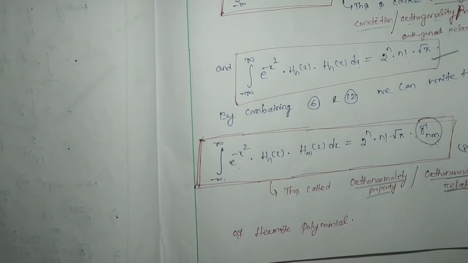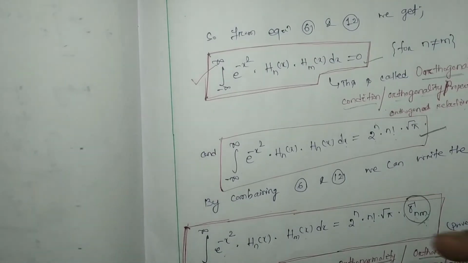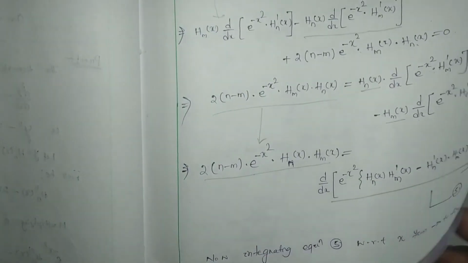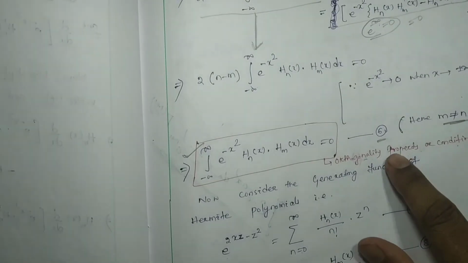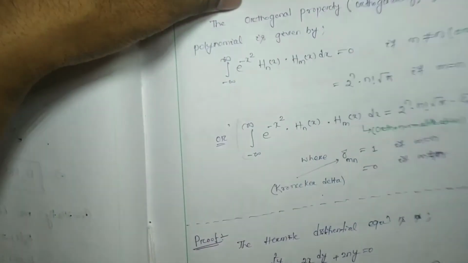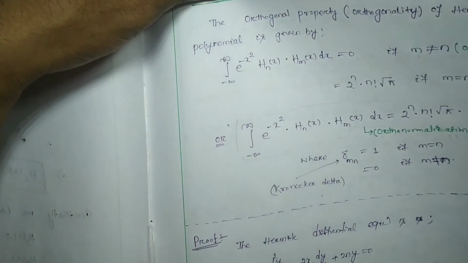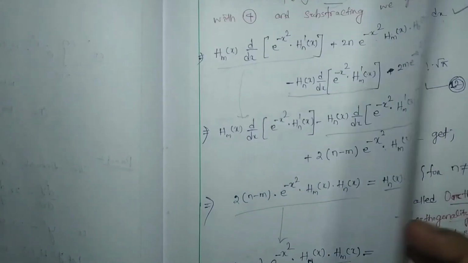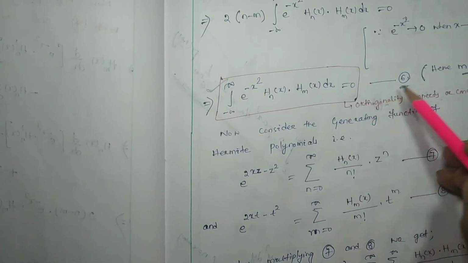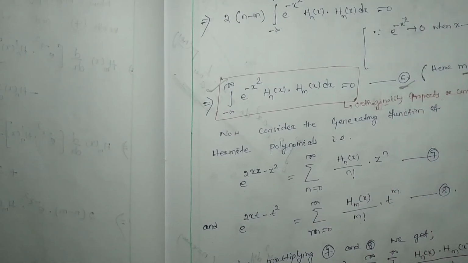Sometimes a question will be asked to find out the orthogonality properties. Orthogonality properties means up to equation number 6 you can prove it, but you have to check how many marks the question carries. Suppose it is 3 to 4 marks, you can write up to this much, because this is your orthogonality properties. So up to this much you can prove and say